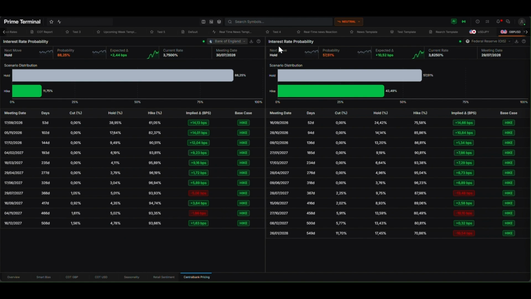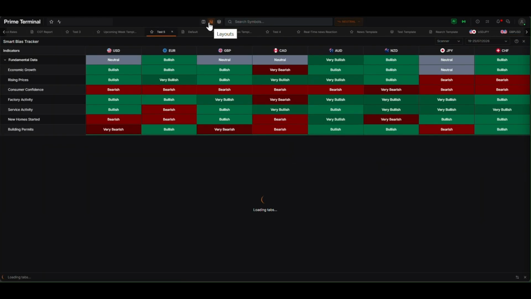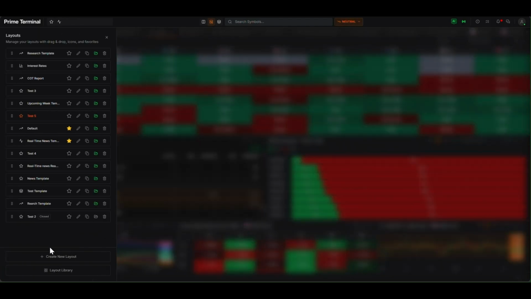This one is for the Bank of England, and this one is for the Federal Reserve. You can just change it here if you want to check other banks. Obviously this is just under GBP USD. You can select your widgets, for example by getting a new layout. You create a new layout and add your own widgets that you want to use for a certain currency,